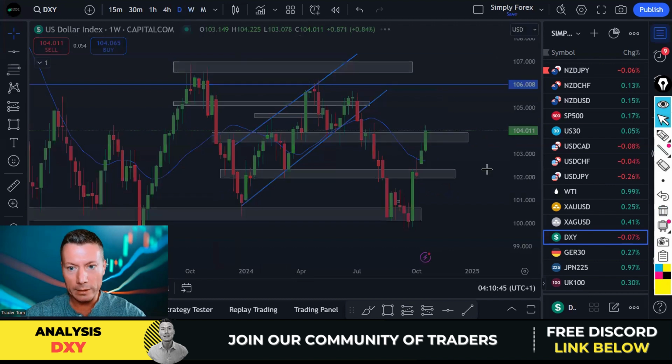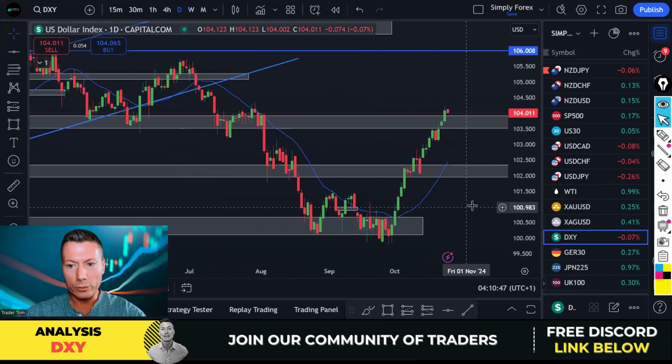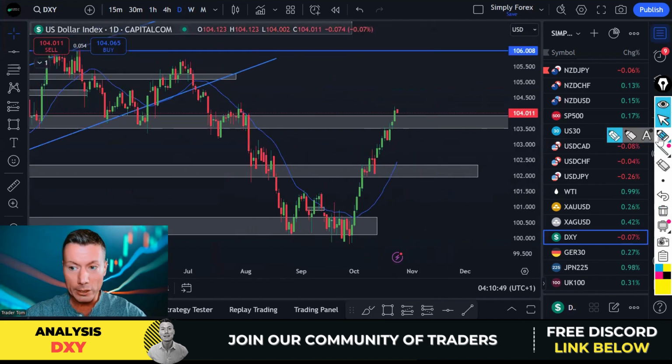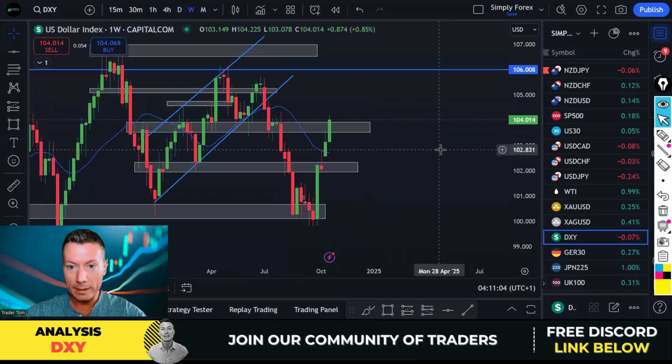Let's take a quick look at the day chart, right? And price is just storming. This dollar is super strong. But again, we are at this level here. I know the day chart has broken this level, but the weekly chart, if we go back to that, could quite easily close back into this level. We get a candle that looks like this, right? So this is what I'm wary of.